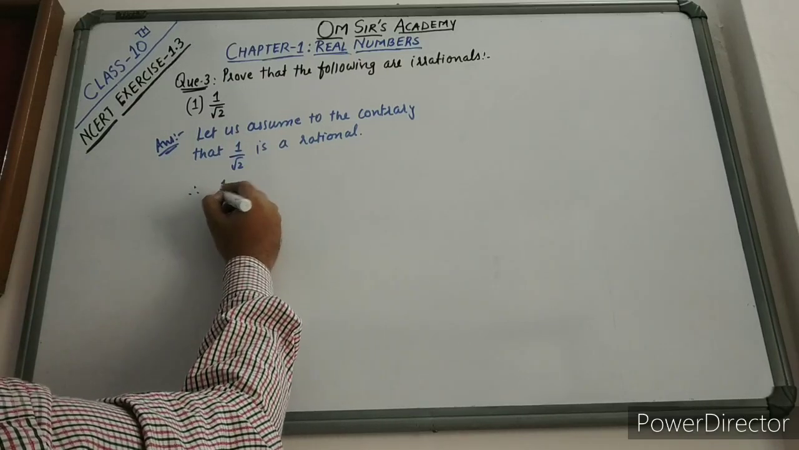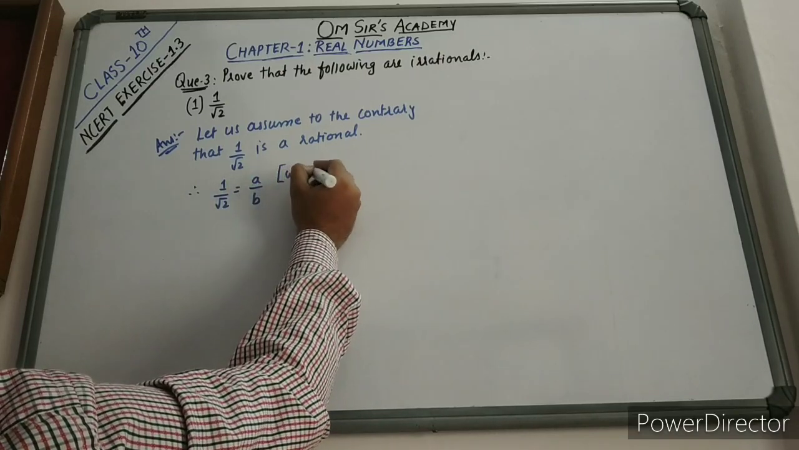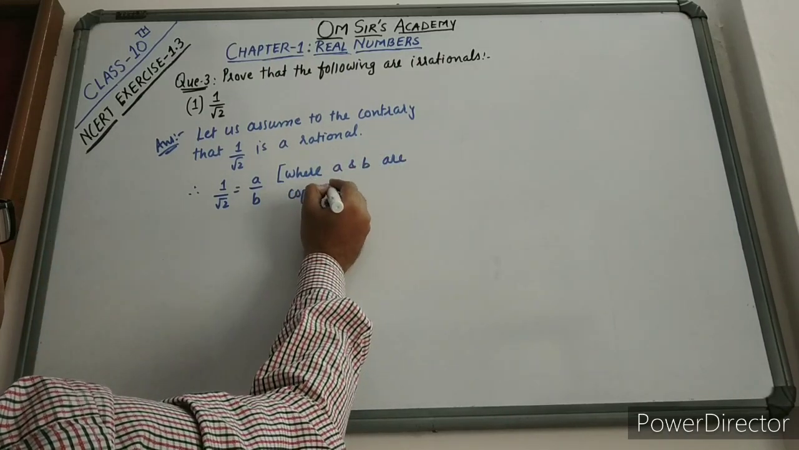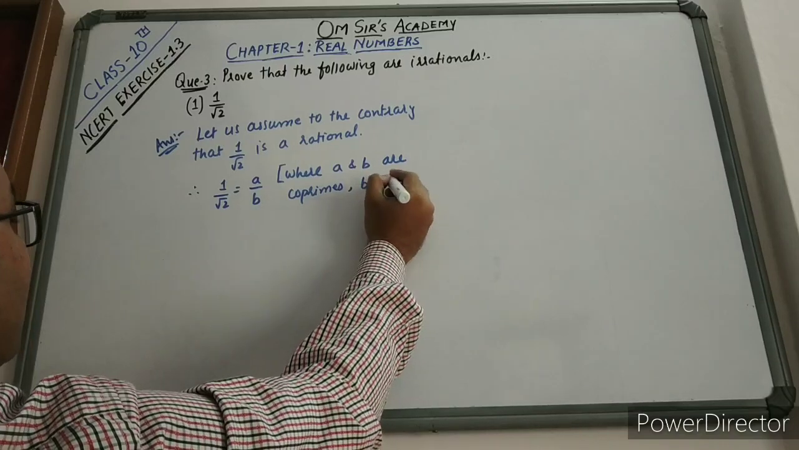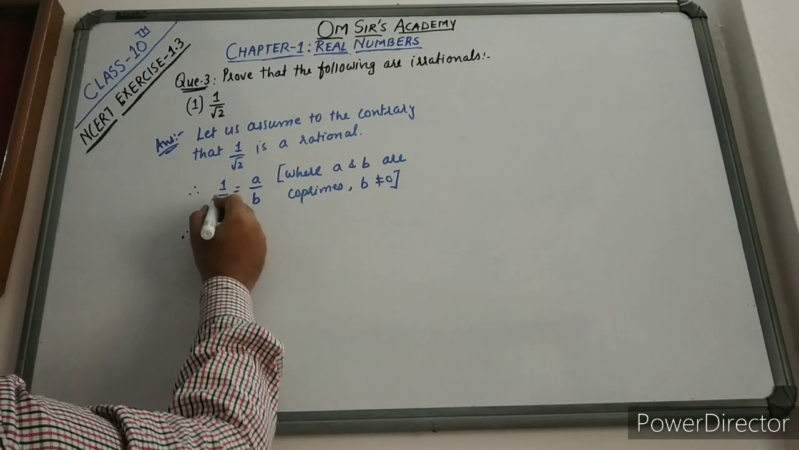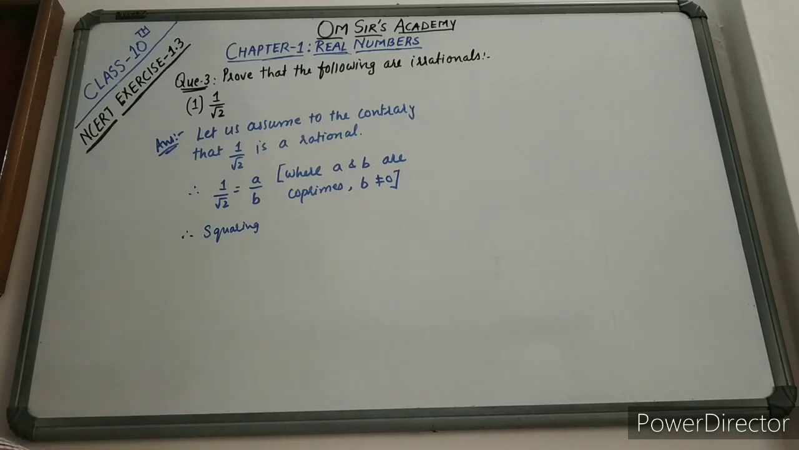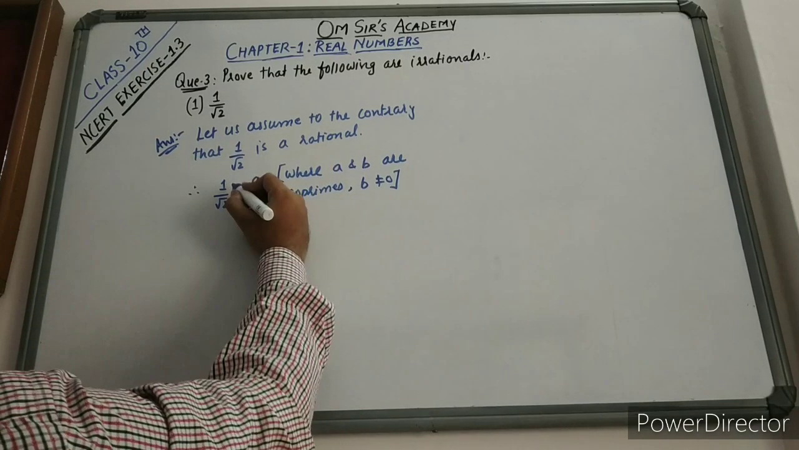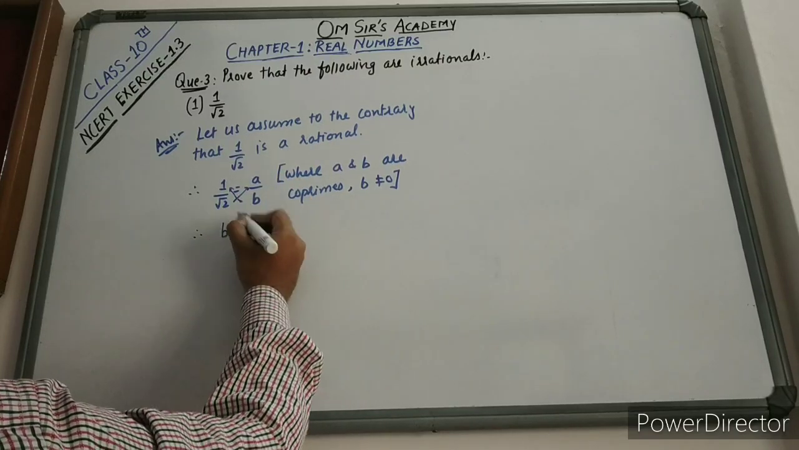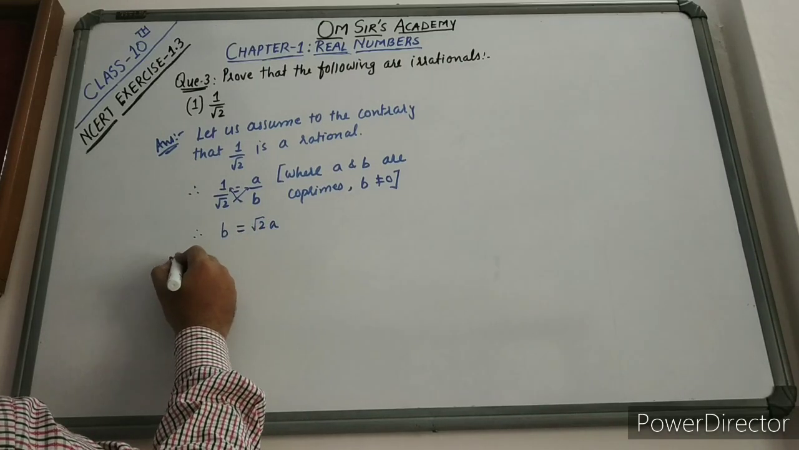So therefore we can write 1 upon √2 is equal to a upon b, where a and b are co-primes and b is not equal to 0. Is it clear? So therefore, before squaring, let us take this to this side and this to this side. So b into 1 will be what? b equals √2 into a, which is √2a. Okay, now squaring both the sides